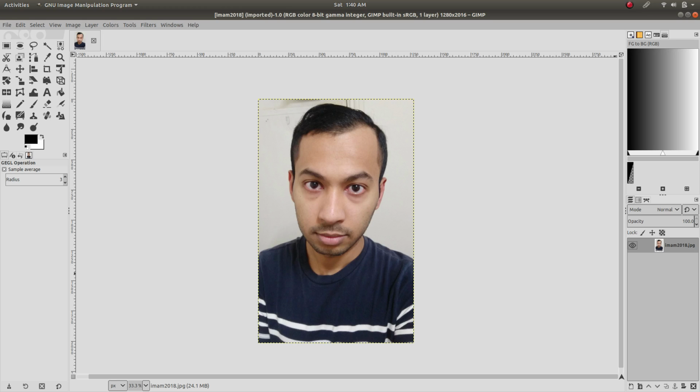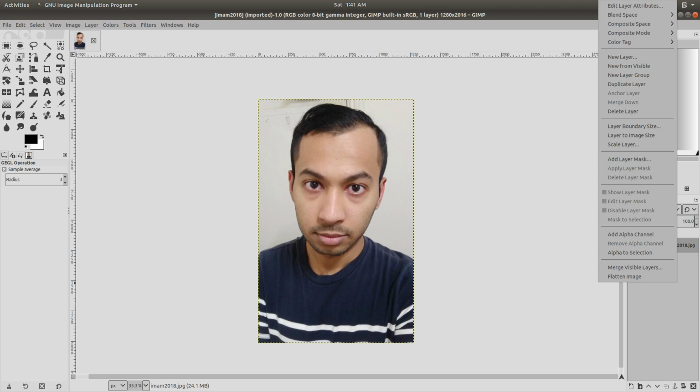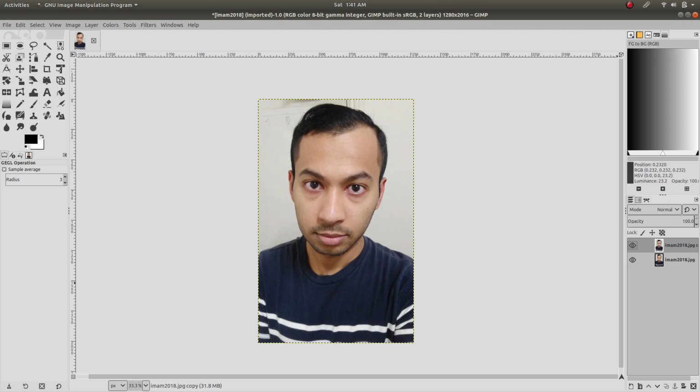So first we have our original layer, which is in here. I want to duplicate this layer because I want to use some blending functionality of these two layers. We're going to blend one onto another. So we have our original layer and we have another duplicated layer here, and first on the duplicated layer